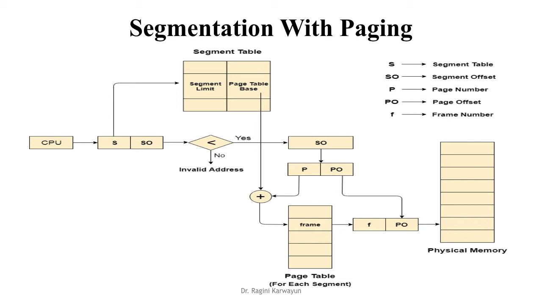That means the page number within a segment and the offset within a page should belong to that particular segment only. So this check is done here. Now we proceed further. We take this segment offset, and from it we derive the page number and the page offset. Now this page number value P is used with the base starting address of the page table from the segment table to refer to the exact page number in the page table. From there the frame number is retrieved, and then the offset is used to calculate the physical address as it was done in the paging technique.